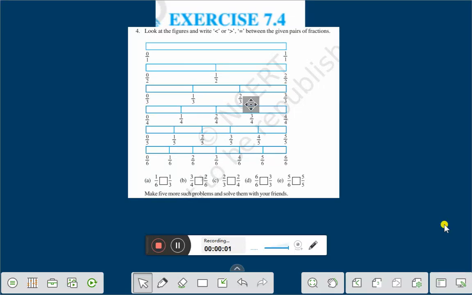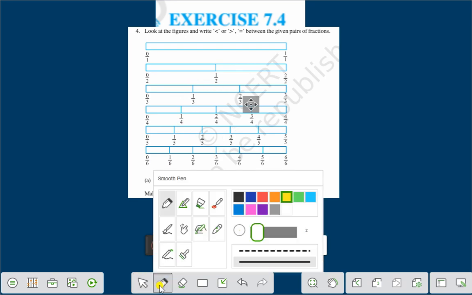Hello everyone. Today we shall discuss exercise 7.4 question number 4. Look at the figures and write is less than, is greater than, or is equal to between the given pairs of fractions. First of all, we will look at the figures. Here you see the figure is